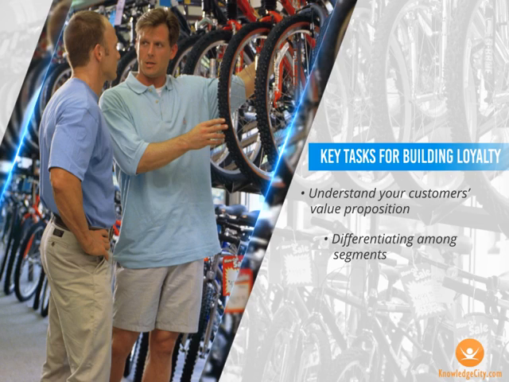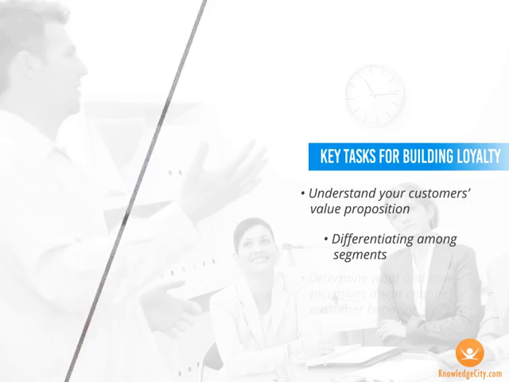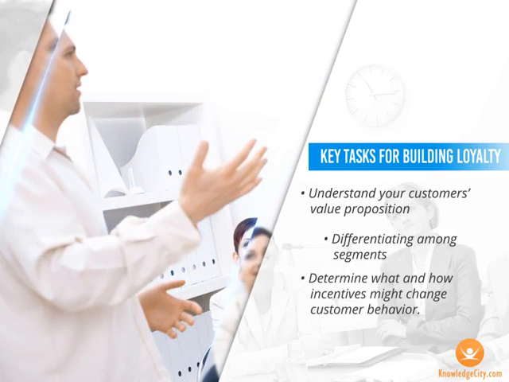A natural tendency by companies seeking to enhance loyalty is to focus on the 20% of customers that truly drive the business. Certainly, you want to keep these customers happy, but in terms of improving loyalty, the company might benefit overall by improving frequency and loyalty among the other 80% if that is possible. Understanding the value proposition and circumstances of both groups, and any subsegments within those groups, will therefore be critical to arriving at a loyalty program that addresses the area of greatest potential without alienating any of the customers in other groups. Once you have a solid starting point with your customer base and a thorough understanding of their values, you can begin to conceive of incentives or rewards that have the potential to change their behavior.